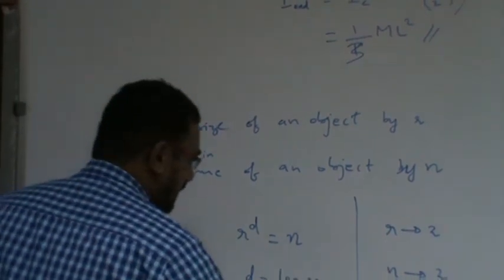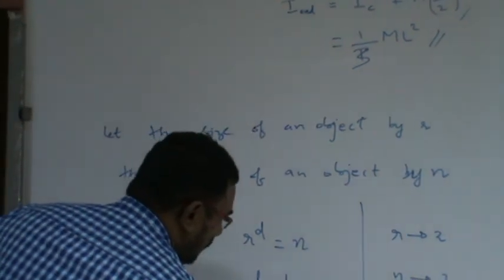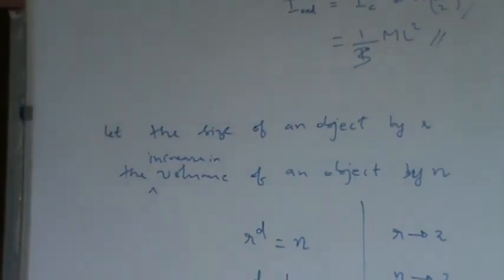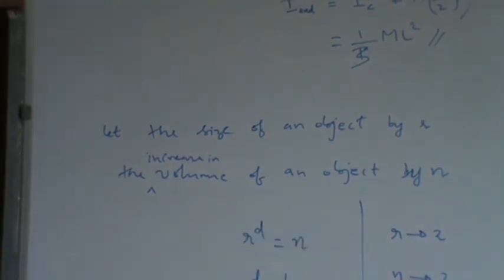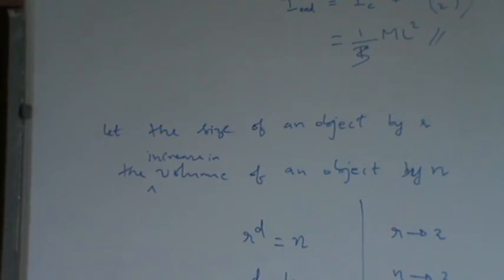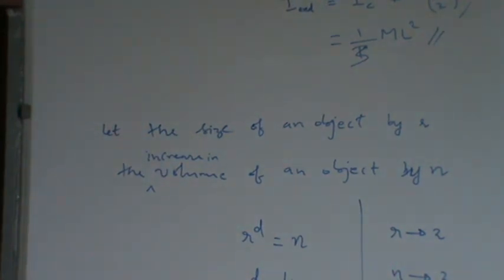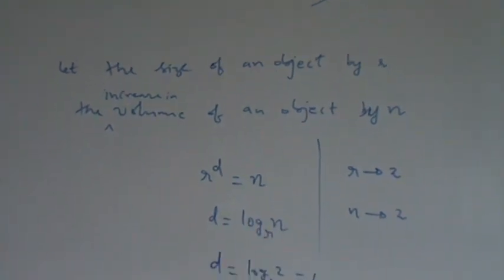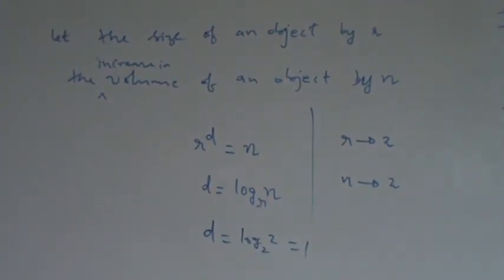Therefore D is equal to logarithm of 2 by logarithm of 2, that is 1. So this is one dimension. Now you can calculate this one here. D is equal to logarithm of 2 by logarithm of 3, whose value I have given. This is 0.63, which is a fraction. If you remove one edge and retain only two edges, then after 2 steps it will be 2 by 3, it will be 2 by 3.